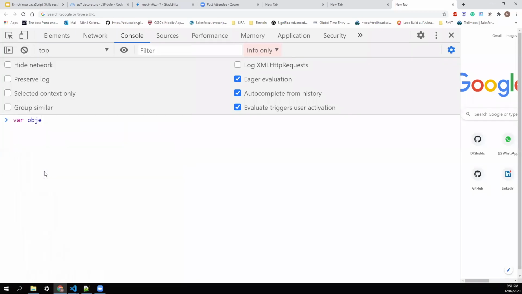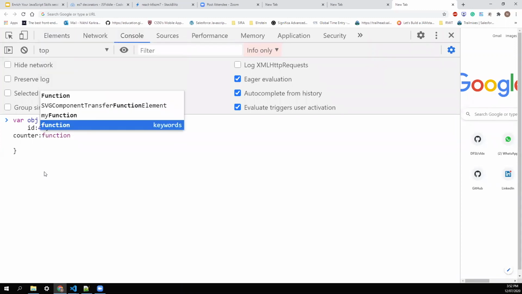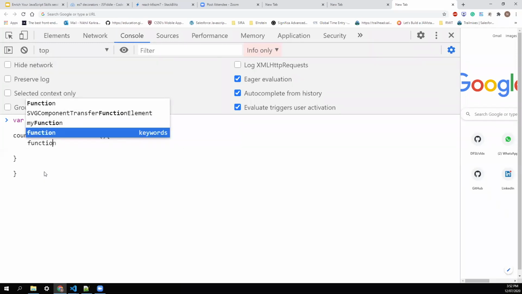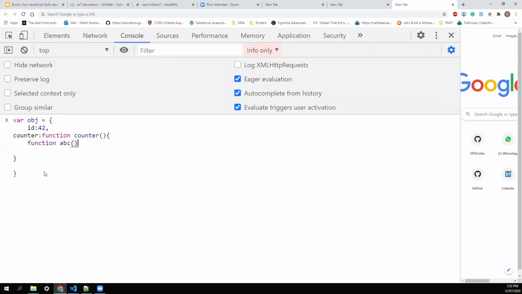So earlier, suppose I have an object, and object has some ID 42, and then I have counter method, that method has a function declaration, that is another method, that is ABC, and that is a very common pattern in many programs, you would have seen that.